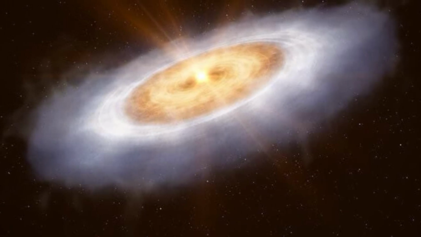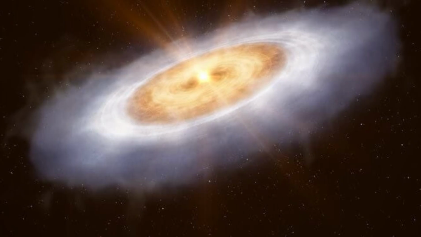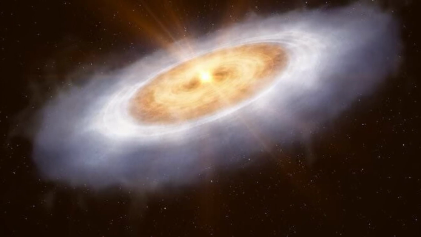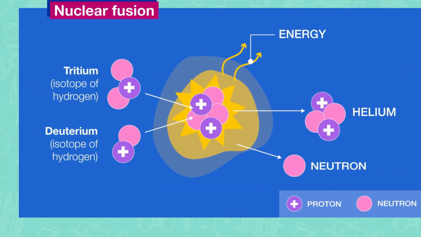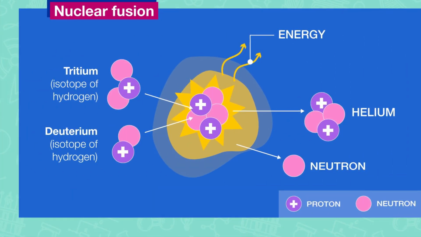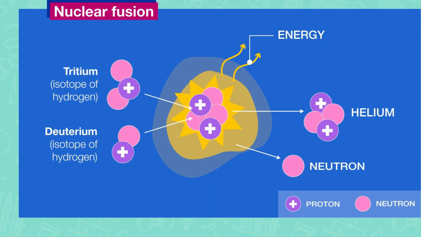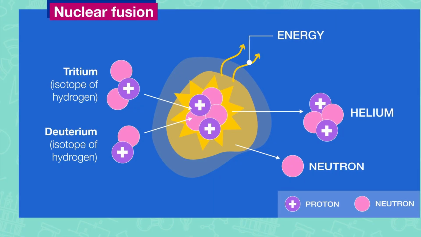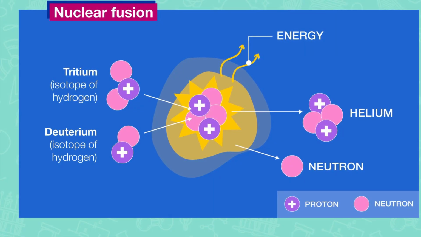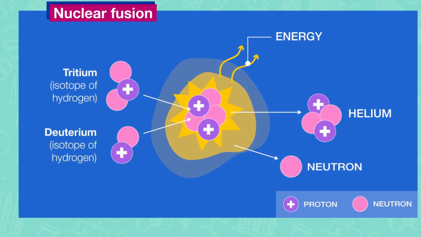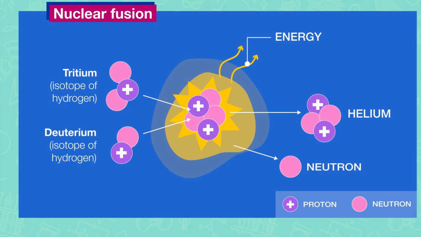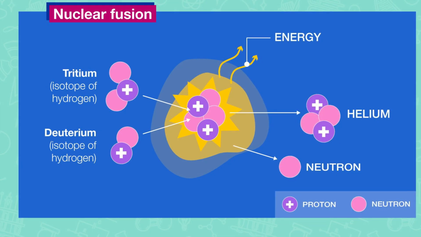At stage 6, the core reaches 10 million Kelvin, and nuclear fusion finally begins, meaning the protostar is now a star. What is nuclear fusion? Nuclear fusion is when extremely hot nuclei overcome their repulsive forces to fuse into one singular, heavy nucleus. In a star's core, hydrogen atoms are fusing to become helium nuclei, releasing a significant amount of energy that powers